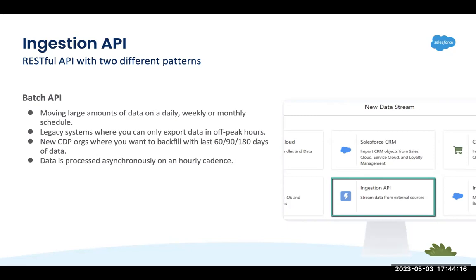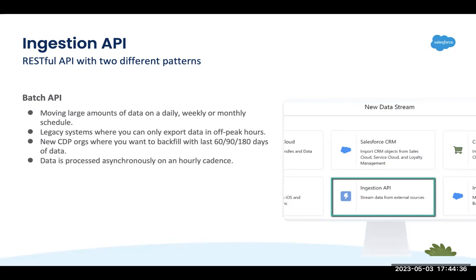When you work with the REST versus bulk APIs, you have a REST API versus bulk API, right? The same kind of approach. The batch API works with large amounts of data on daily, weekly, or monthly schedules. And especially you can leverage this for legacy systems like SAP or Oracle with big databases, where you